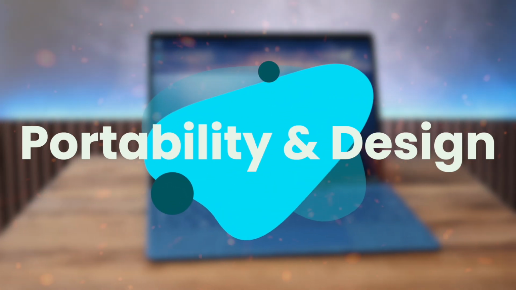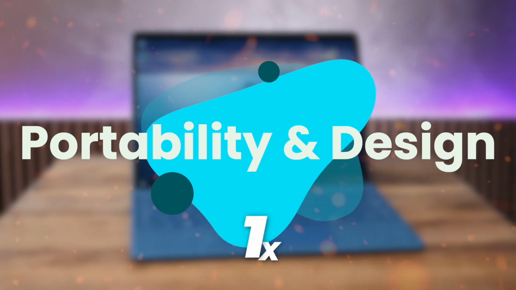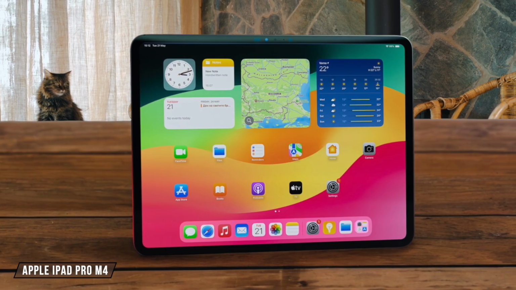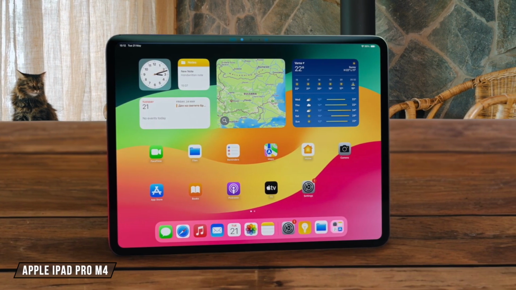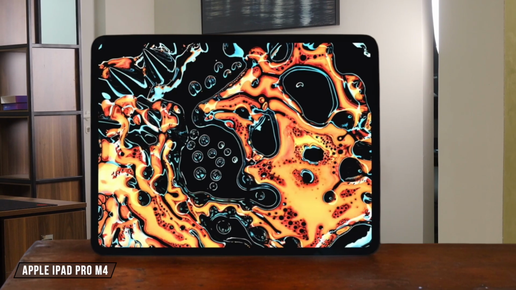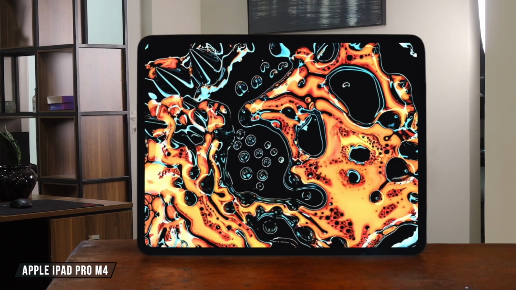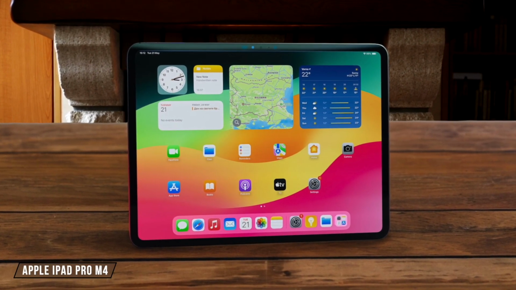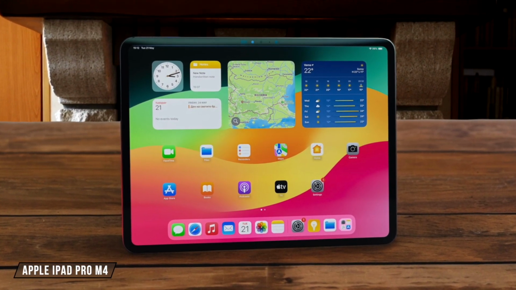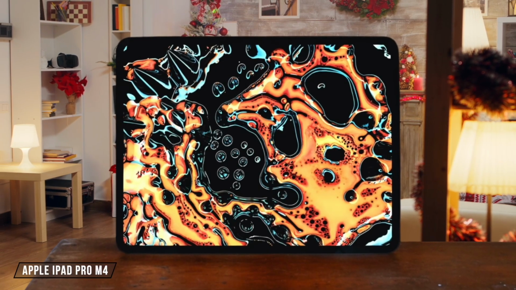Finally, we are going to compare them on the portability and design category, which has a multiplier of 1. The M4 iPad Pro is incredibly thin at just 5.1 millimeters, making it Apple's thinnest device ever, and the relocated front camera to the landscape edge makes video calls feel more natural. However, I found that such extreme thinness makes me a bit nervous about durability despite the internal reinforcement, giving it